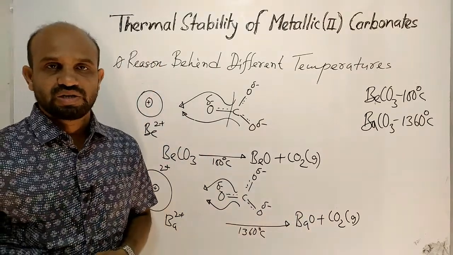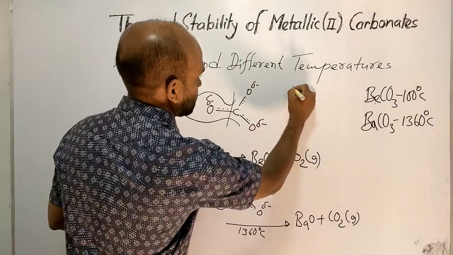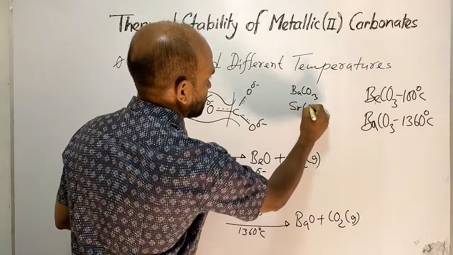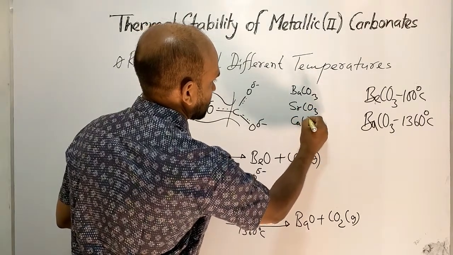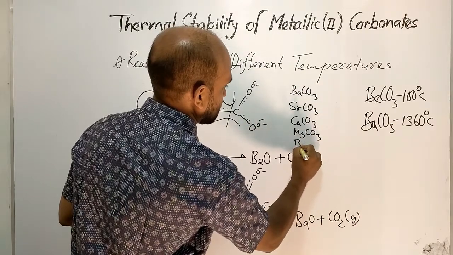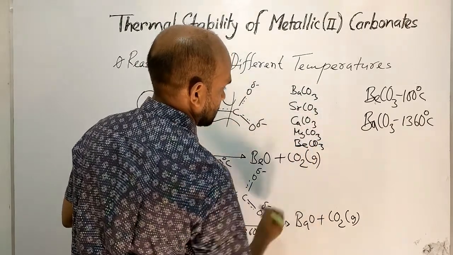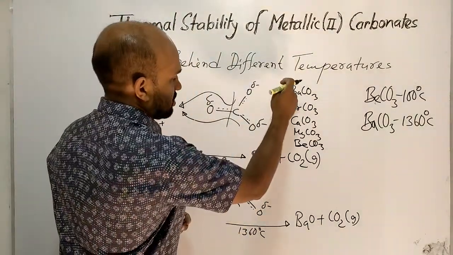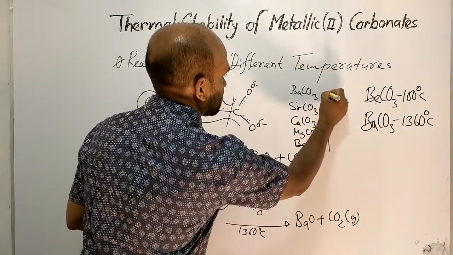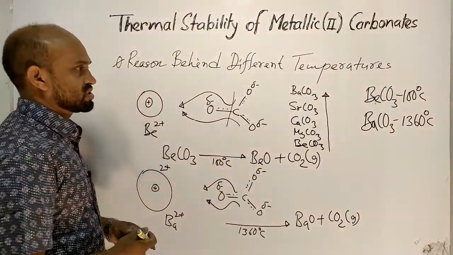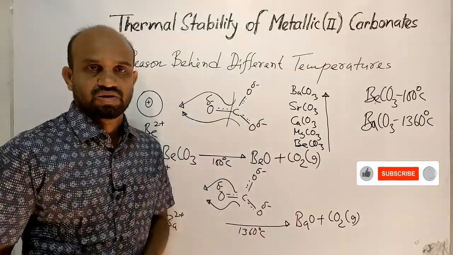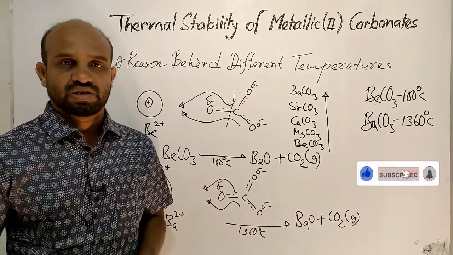So thermal stability order is barium carbonate, then strontium carbonate, then calcium carbonate, magnesium carbonate, and after that beryllium carbonate. This is the thermal stability. That means barium carbonate is more stable compared to beryllium carbonate. This is all about thermal stability of